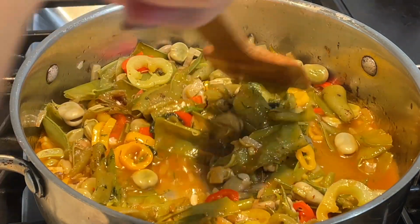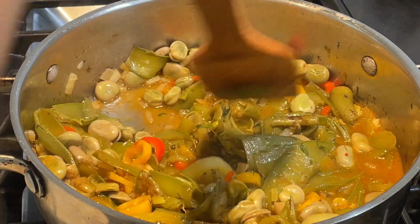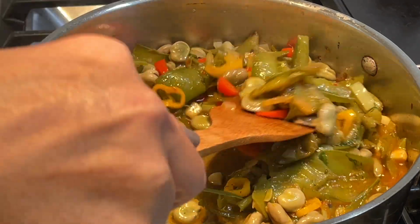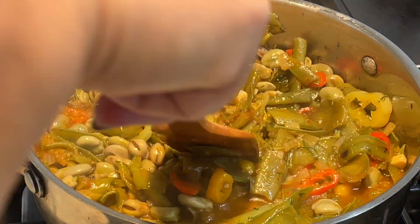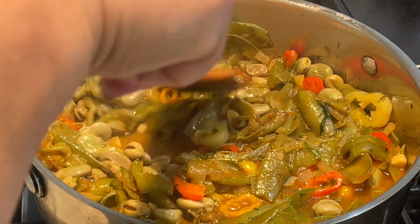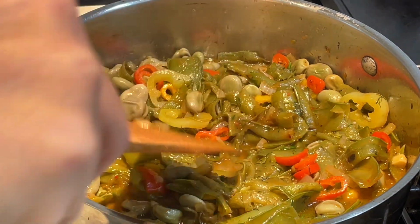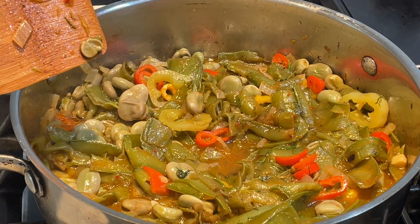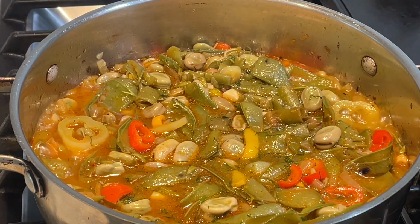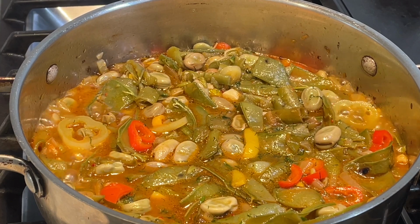Fresh dill is the whole essence of this meal. So I will get the fresh one and I would suggest you get the fresh dill and use fresh dill with this food. Okay, our food is ready and it smells so good. I can't wait to taste it, but I don't like to taste it while it's hot. I usually leave it to cool down, then I will plate it. It's not going to cool down completely, but I will let it cool down a little bit and then we'll